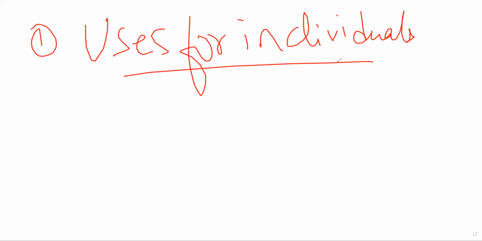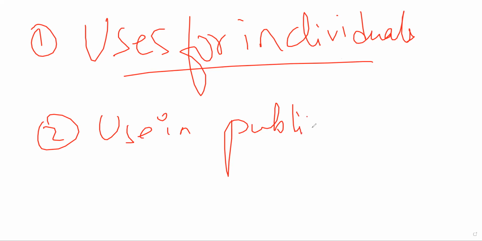Now, that same information can be used on multiple fronts. Let us suppose birth rate, death rate, and all of that I'm calculating. I can use that in my own research. I can use it for operating agencies. I can use them to make various policies. I can use it in public administration. Okay, that is the second use in public administration.